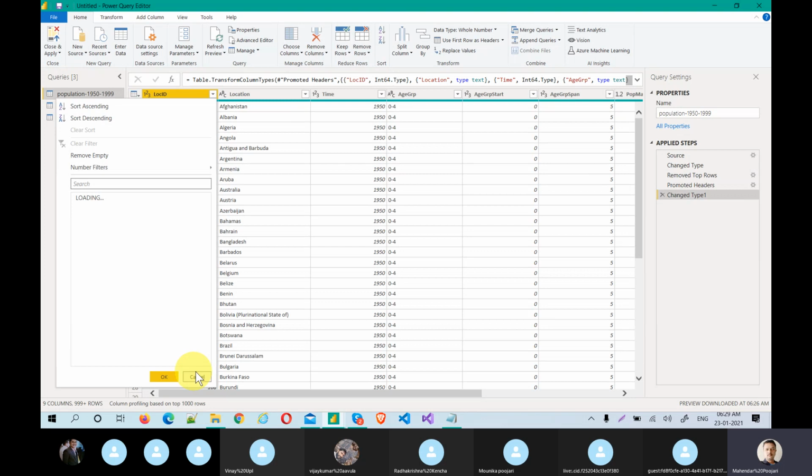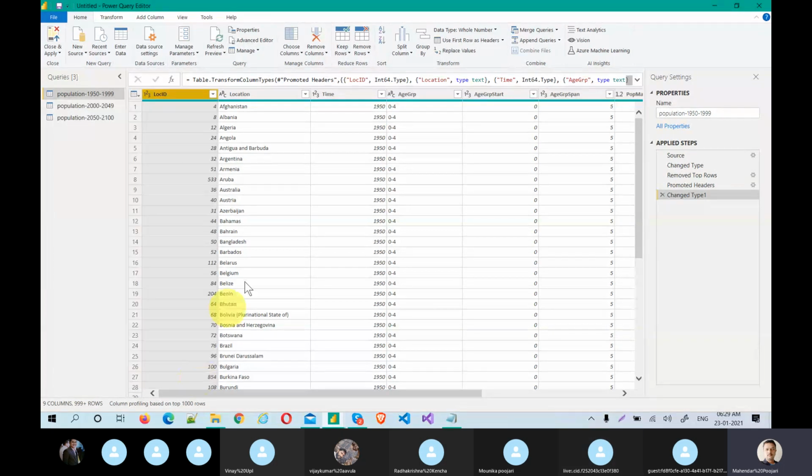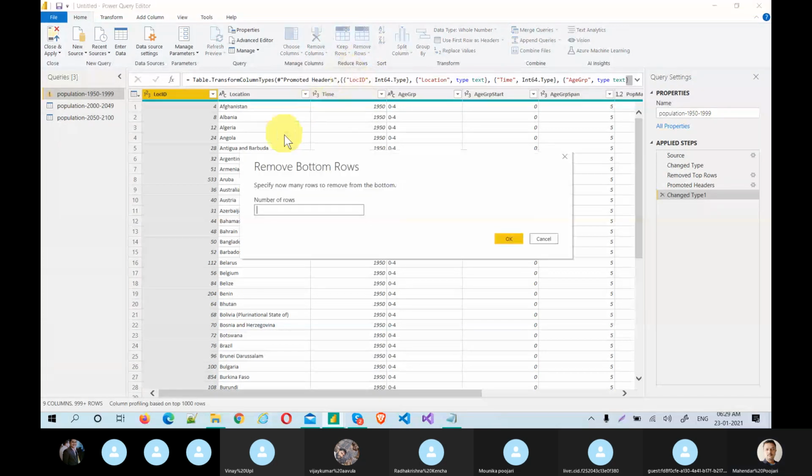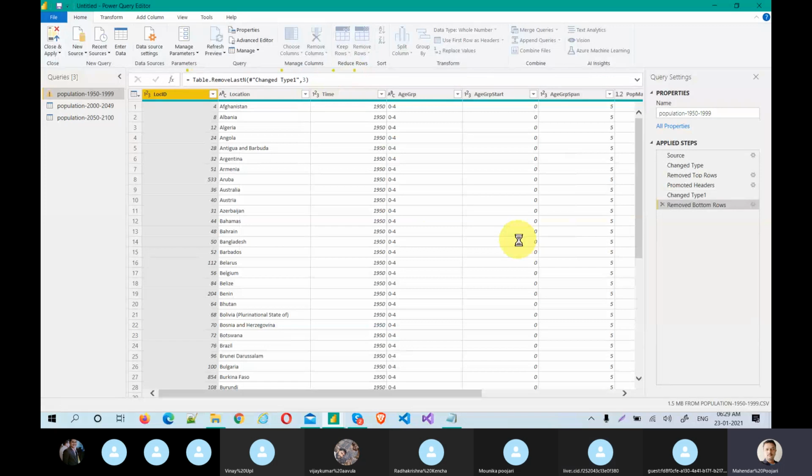If you load it more, see, it's actually loading more. You can also delete, let's say, 950. If you want to delete these three records, you can delete them right away. How to delete the bottom three rows? Let's just assume, I can come back anyway.